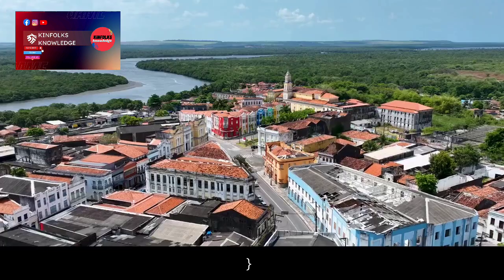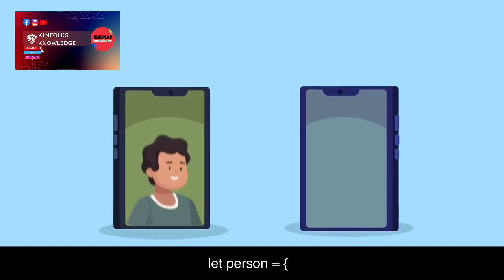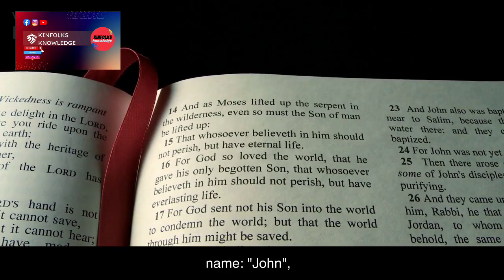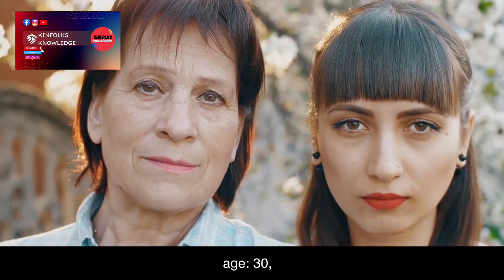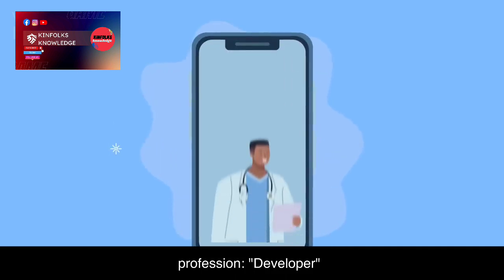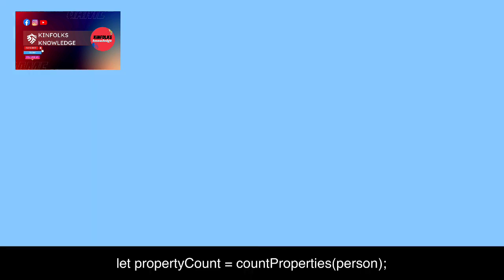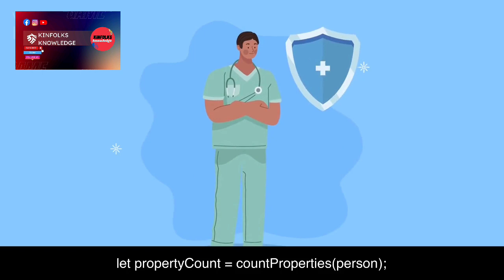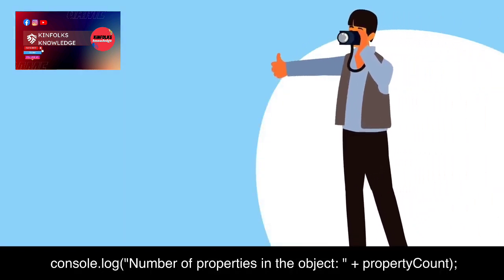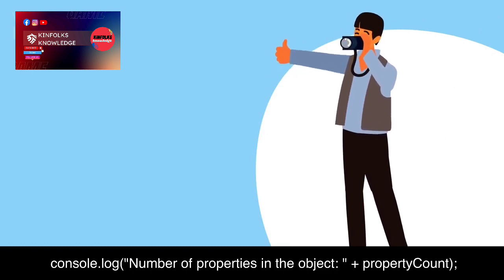return count; } let person = { name: 'John', age: 30, profession: 'developer' }; let propertyCount = countProperties(person); console.log('Number of properties in the object: ' + propertyCount);